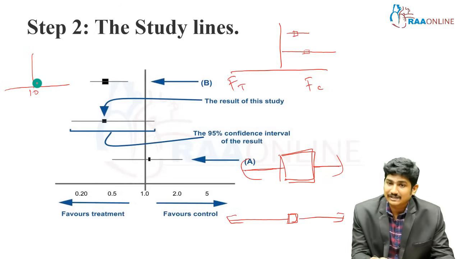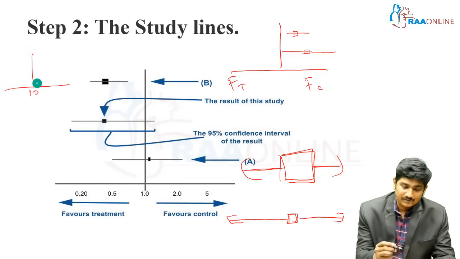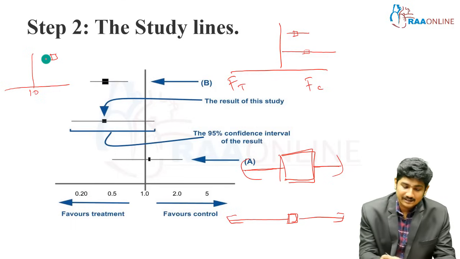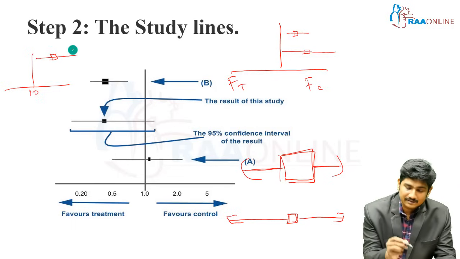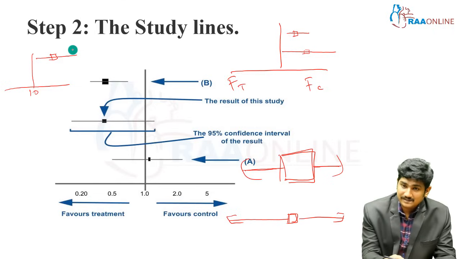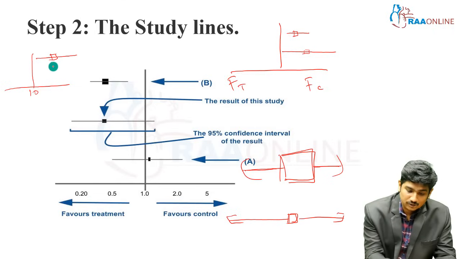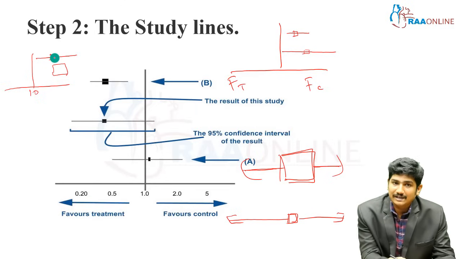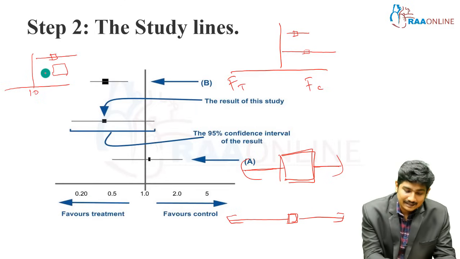So after this, we are going to represent each and every study. For example, my first study population had 100 people. So I draw a small box, and with a 95% confidence interval, I get a horizontal line. The next study has a total number of participants as 500. So the box is going to be pretty large, right? Compared to 100, the 500 box should be pretty large. So when I draw a bigger box, it means that the line for the confidence interval is going to be comparatively